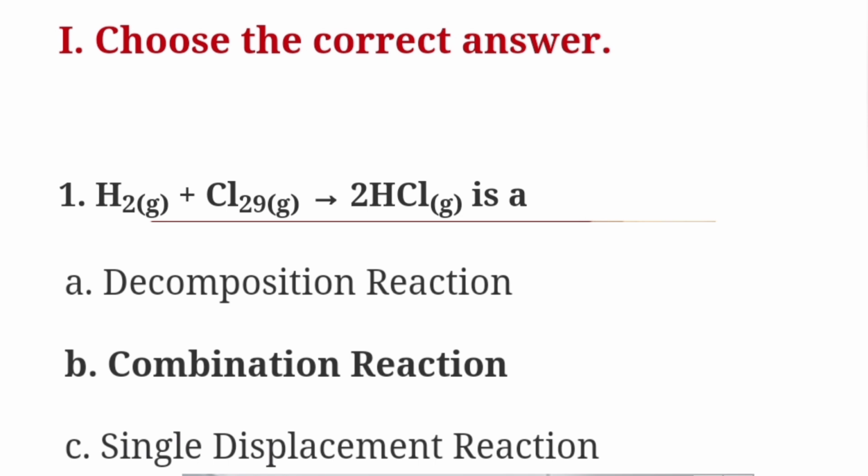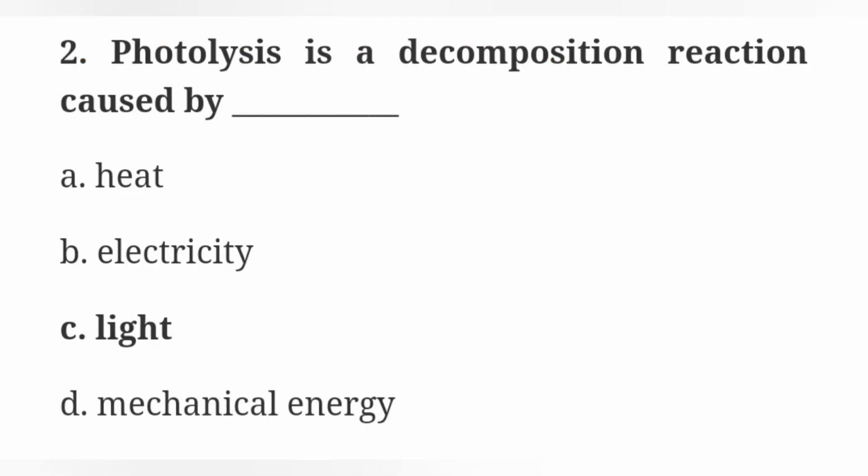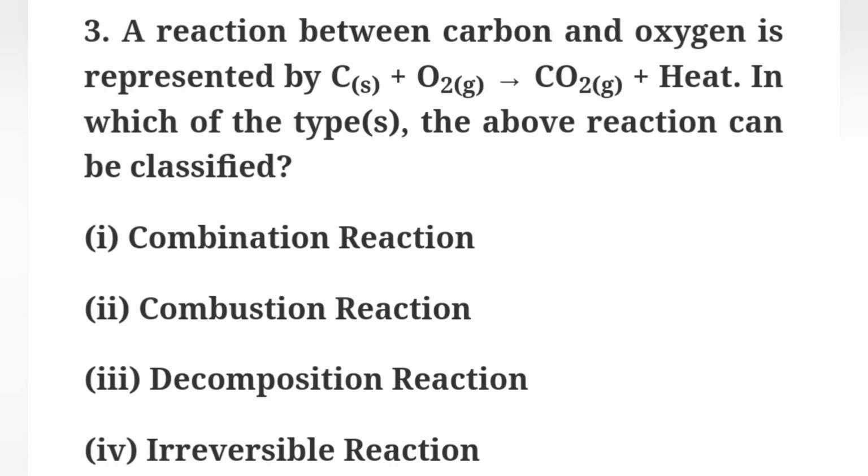First one, H2(g) plus Cl2(g) gives 2HCl(g) is a dash. Option B answer, combination reaction. Second one, photolysis is a decomposition reaction caused by dash. Option C answer, light. Third one, a reaction between carbon and oxygen is represented by C(s) plus O2(g) gives CO2(g) plus